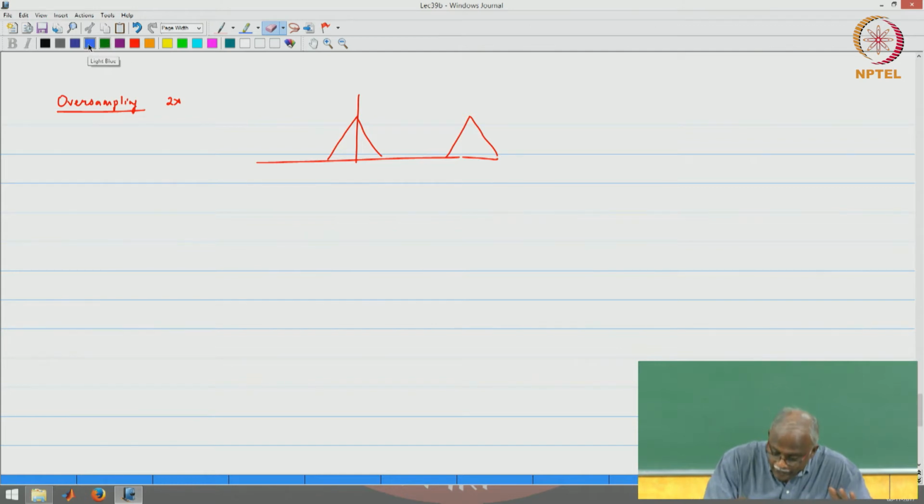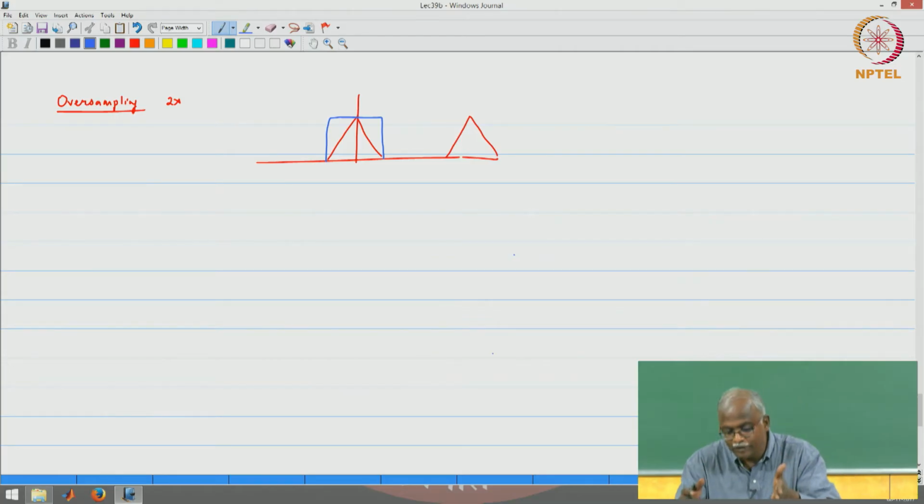If I were to do Nyquist sampling, my anti-aliasing filter would have to be of this form, correct. Once I have this sort of anti-aliasing filtering, then I will quantize. But the problem is, if I do this, then my next copy of the spectrum comes right there. I do not have any room to do manipulation on the quantization noise. I am stuck with the quantization, and also the fact that I am going to have a very restrictive design